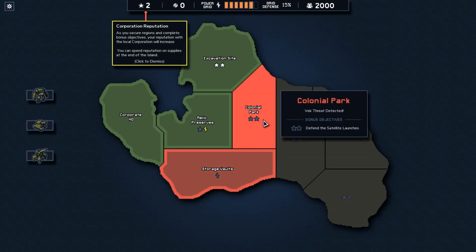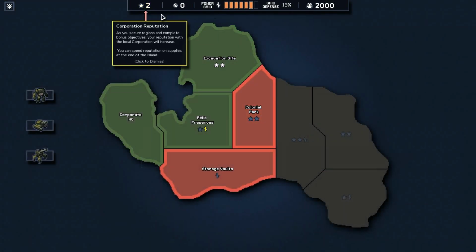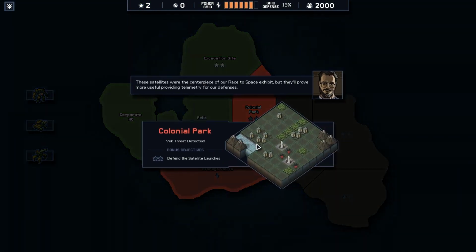Let's go into this colonial park then, I guess. These satellites were the centerpiece of our race to space exhibit, but they'll provide more useful telemetry for our defenses. So yeah, they can nonetheless be used only later on. It can't be used right now. Yeah. Let's go